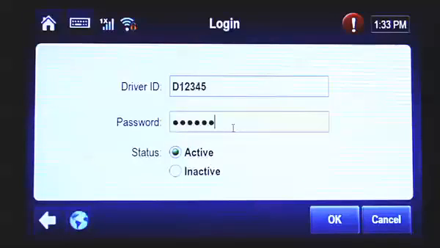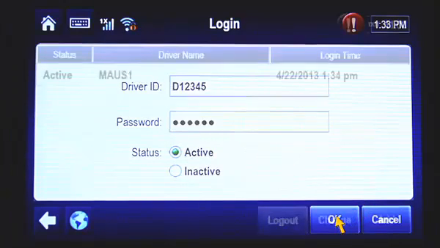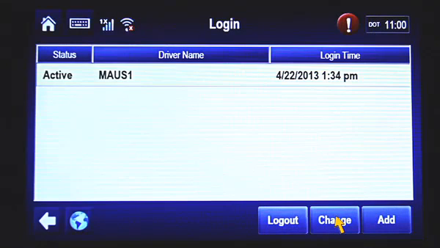In this example, we'll use password 456789. After your password is entered, make sure the Active Status field is marked. Then tap OK at the bottom of the screen. You're now logged in. To get back to the MCP 200 home screen, tap the house icon at the top